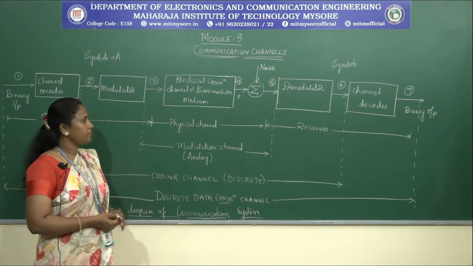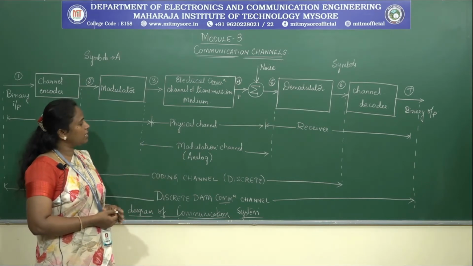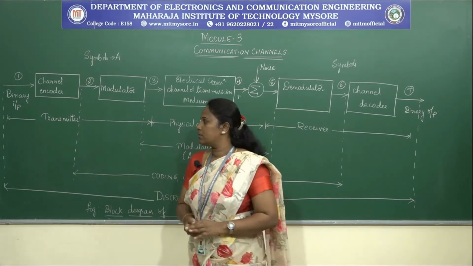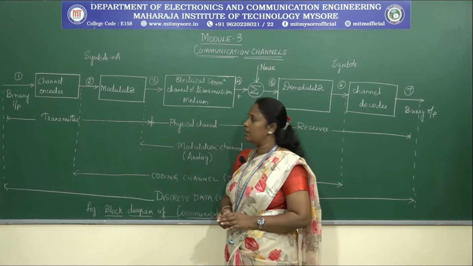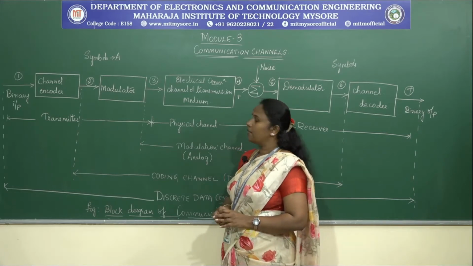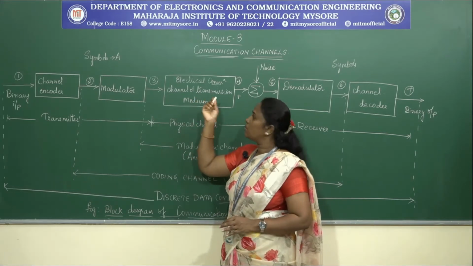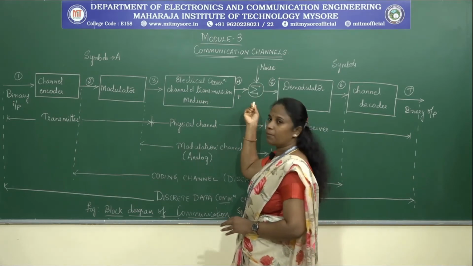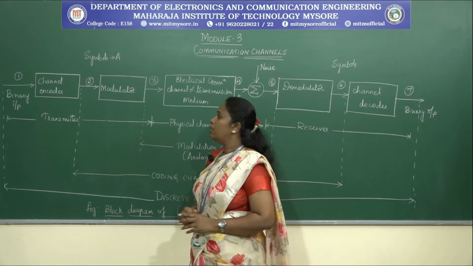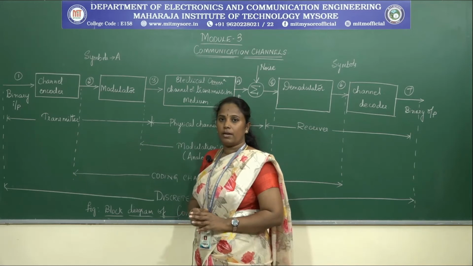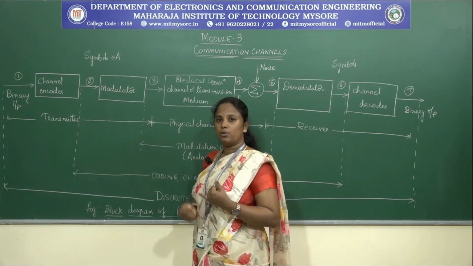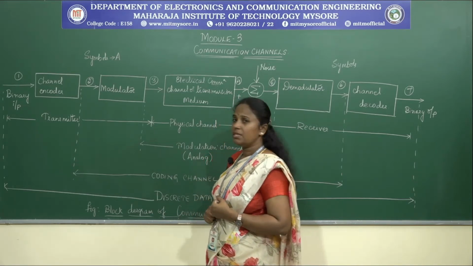Then we have the physical channel. So the physical channel is nothing but the medium. Now in the case of a transmission system, there might be some impairments, or I can say some disturbances, which get introduced to your channel. So as you can see in the block diagram, we have added a noise with respect to your communication system. The noise can also be called one of the disturbances or errors which is being introduced with respect to your channel. So the impairments are,